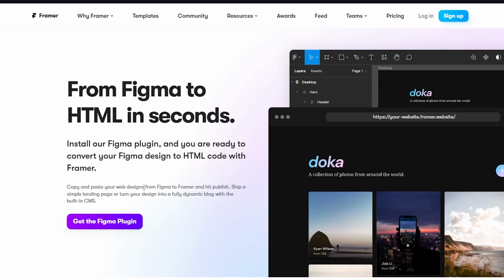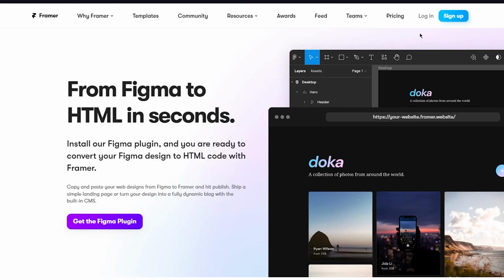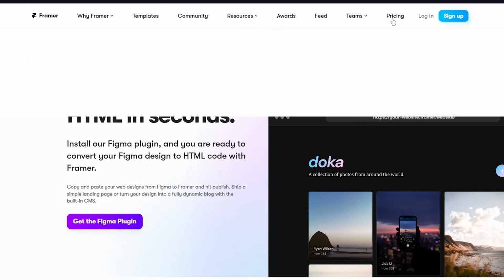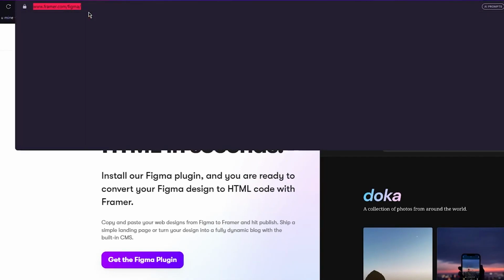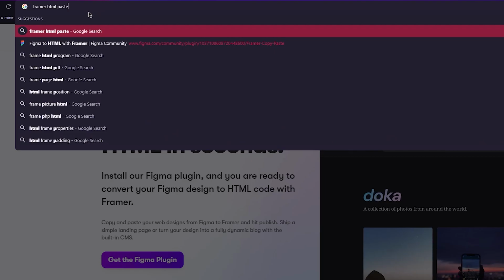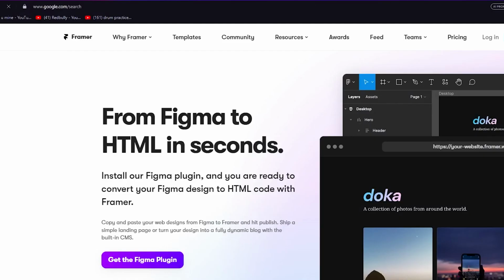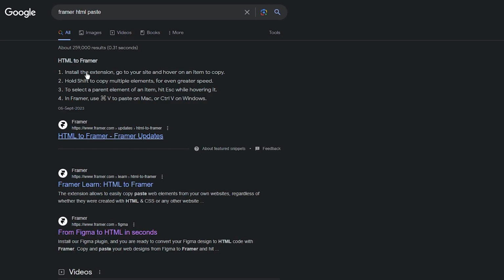So here it says copy and paste your web designs from Figma to Framer and hit publish. Ship a simple landing page if you want to. So obviously from here, we're going to go ahead and sign up with our Framer, or you can just go ahead and write Framer HTML paste. Okay, you can just go ahead and write that if you want to for easier browsing and stuff. So once you do that, just go over to the Framer HTML, and here you can see